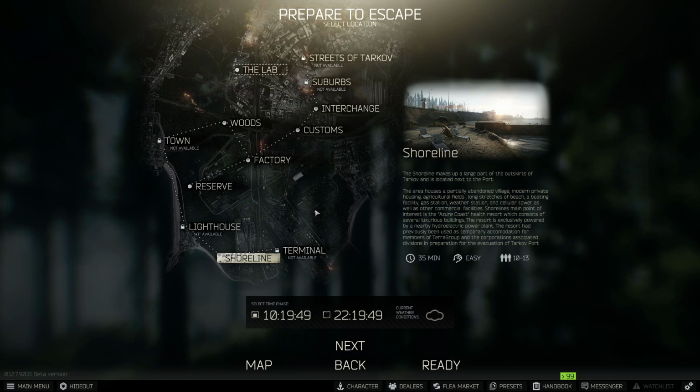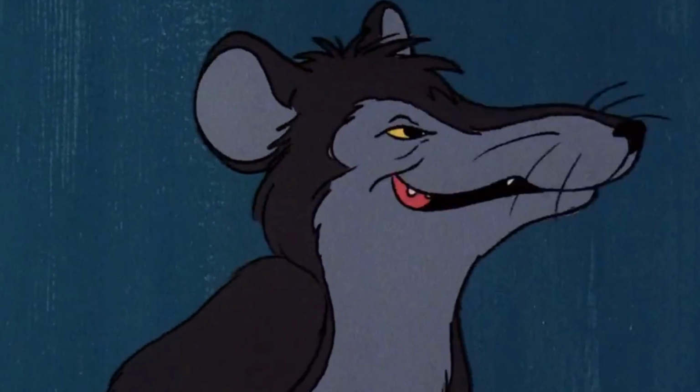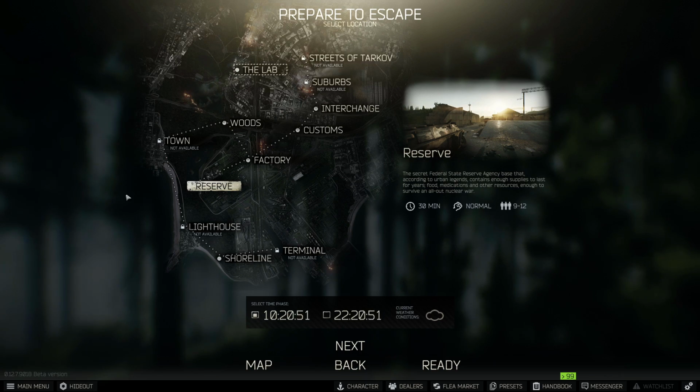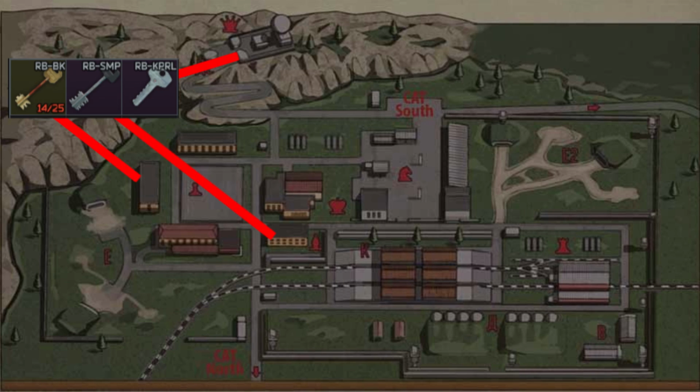Anyways, the map for you to run for money is Reserve, because Reserve is, well, rat's paradise. Now, in order to maximize money in this run, you are going to want these 3 keys,